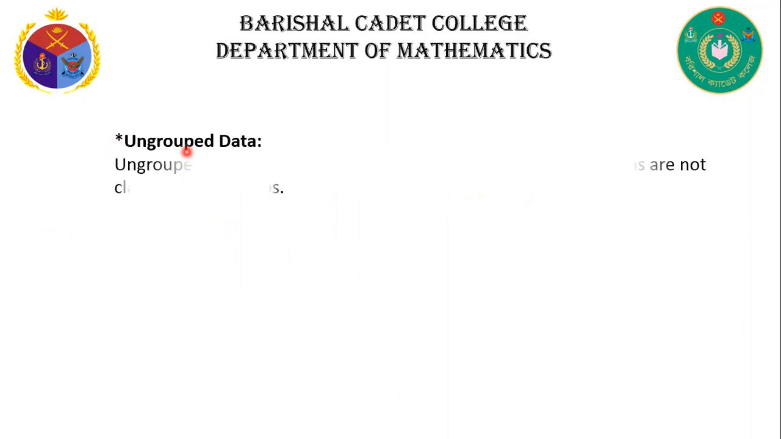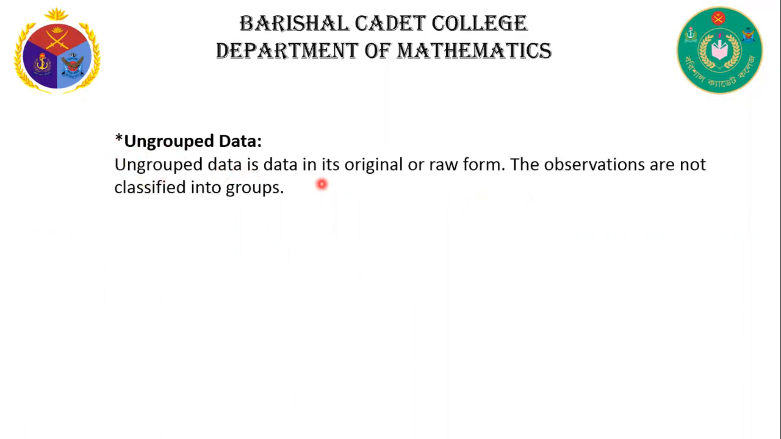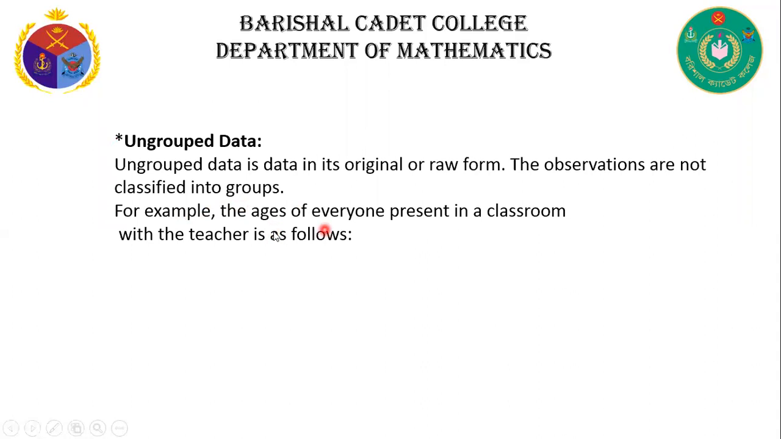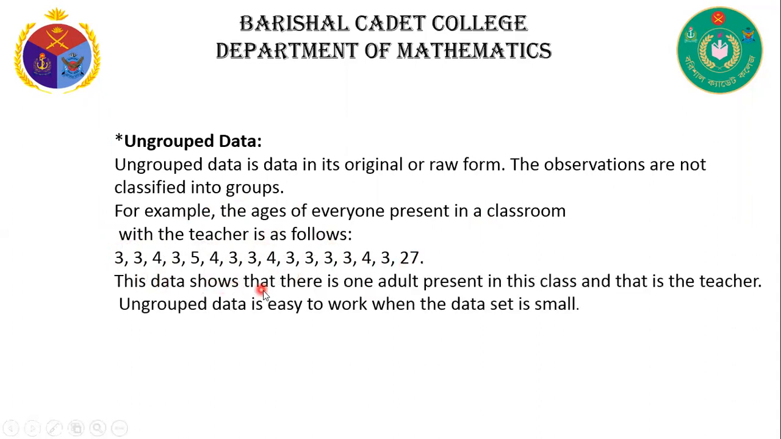Now, ungrouped data. Ungrouped data is data in its original or raw form. The observations are not classified into groups. For example, the ages of everyone present in a classroom with the teacher are as follows: 3, 3, 4, 3, 5, 4, 3, 3, 4, 3, 3, 3, 4, 3, 27. This is ungrouped data. This data shows that there is one adult present in this class, and that is the